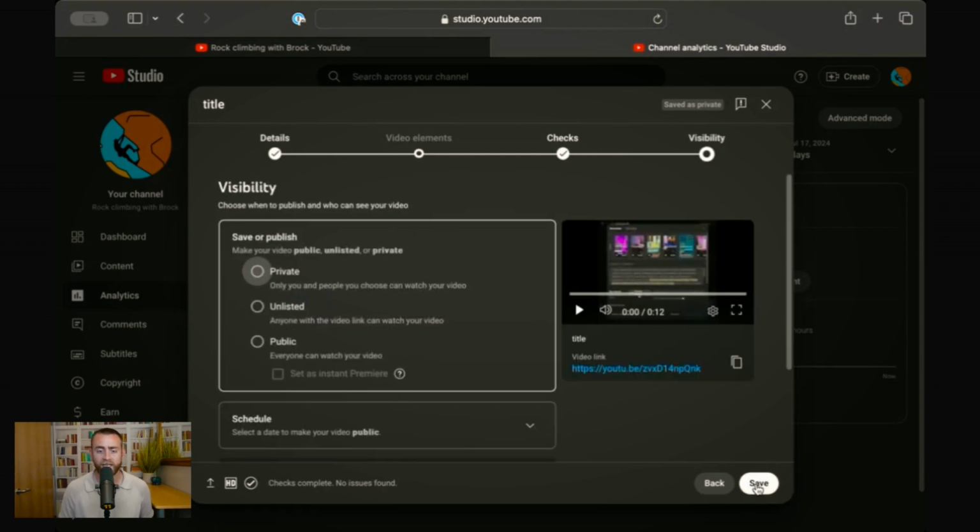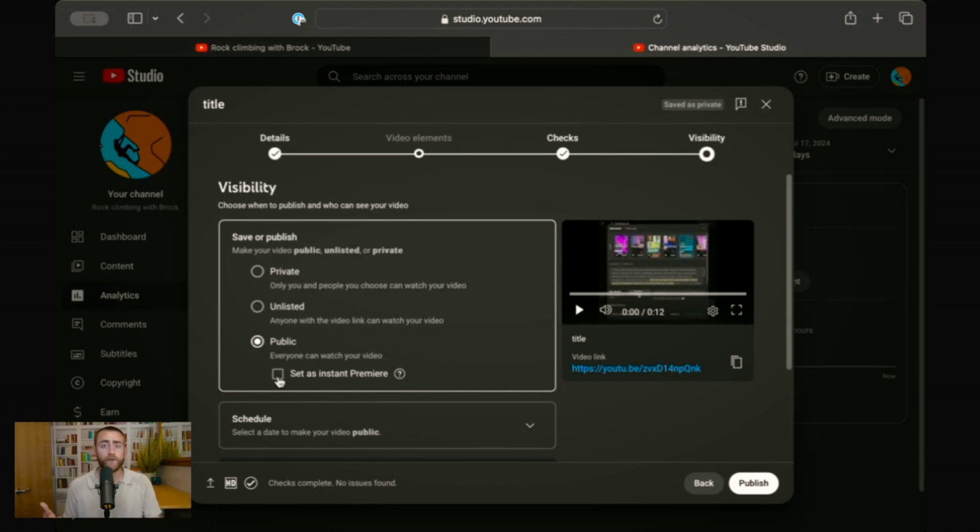And then finally, just hit next one more time, and you'll be able to select whether you want the video to be private, unlisted, or public. And of course, public is where anyone can see it. And if you set as public, you also have the option to set as an instant premiere, which basically means anyone who's on YouTube at the exact moment that you post the video can watch the video as if it's live, as if it is debuting for the first time.